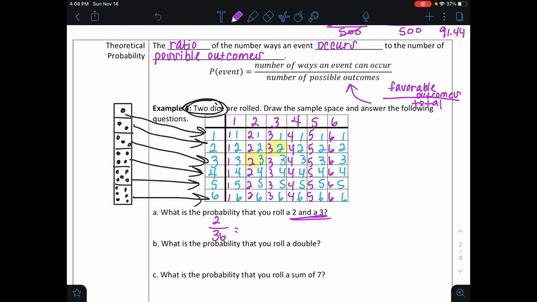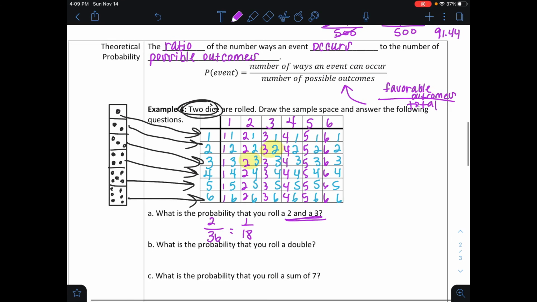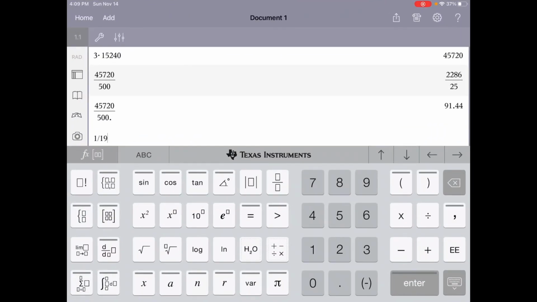Okay? Gosh. All right, we're going to simplify this fraction to 1 over 18. You can leave it in fraction form. However, if it's a test and it's like a griddable, or if it's multiple choice, make sure you change it to a decimal by doing the top divided by the bottom. So 1 divided by 18, and that would be,